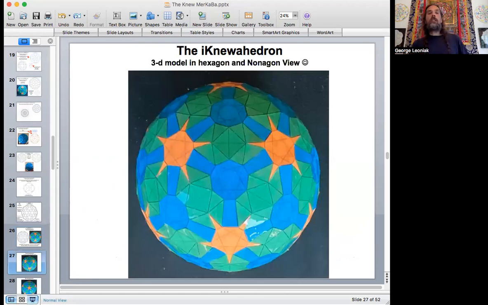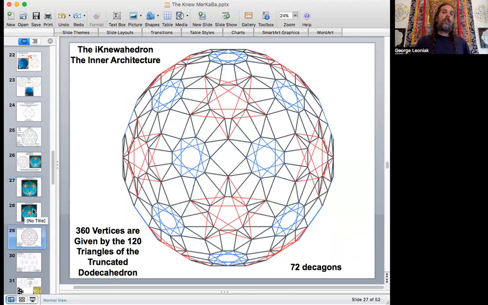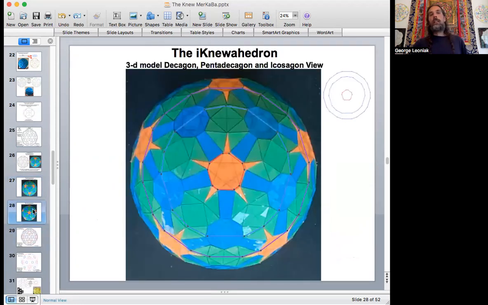So here's the inuahedron in the 3D model in the hexagon view and nonagon view, right? Because there's the nonagon right there in the center, and also the inuahedron in the decagon view, but it also has a pentadecagon plane within it and an icosahedral view plane in the middle. So we have a little bit of an issue with the 3D depth perception of the camera, but I've